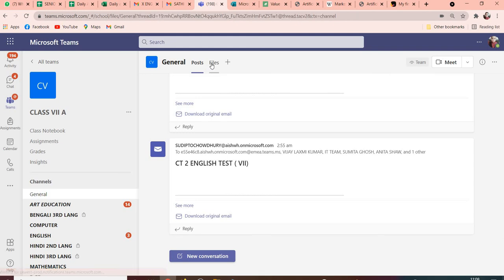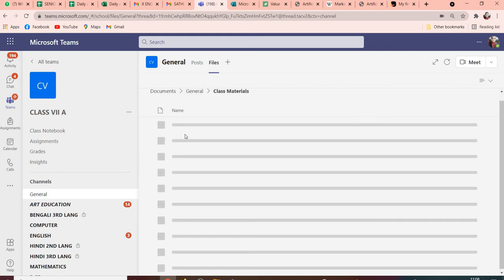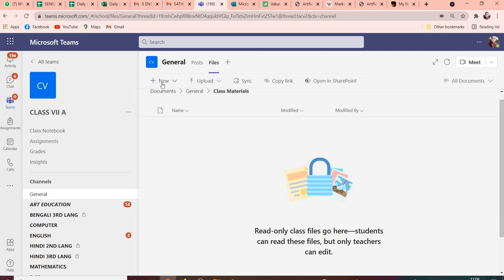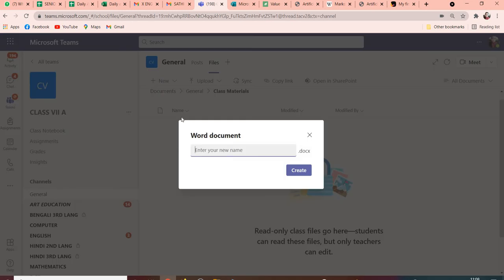Going to the files option. We can add a tab over here also, but that permission is not given to us. So for now we are clicking on that file option. And under the class material, I'm choosing one new Word document.